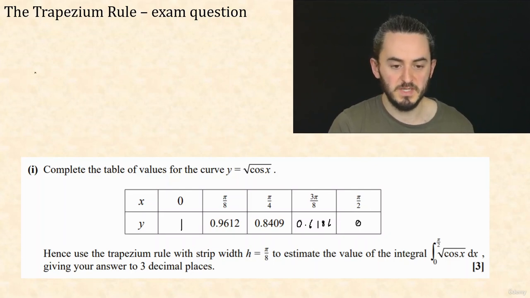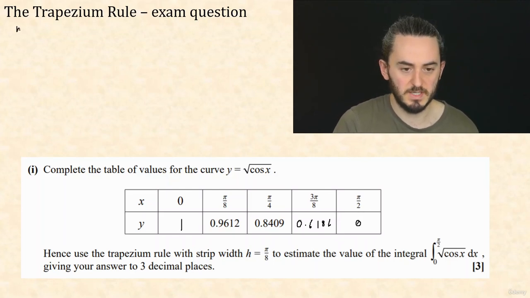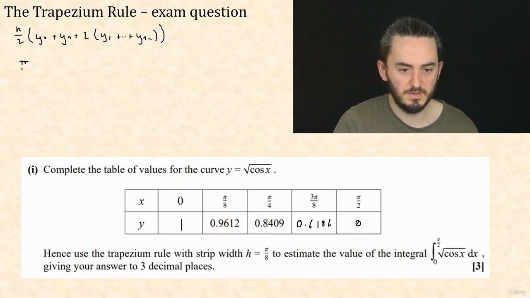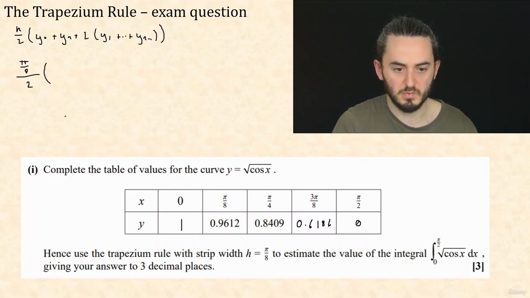Okay, so now I can use the trapezium rule, and I know that trapezium rule is h over 2, and then it's the very first one plus the very last one plus 2 of everything in between, so y1 up to yn minus 1. So what is that for us? Well, my strip is pi over 8 wide, so it's pi over 8 over 2. And then my very first y value is 1, and my very last y value is 0. And then it's 2 of all the stuff in between, so 2 times